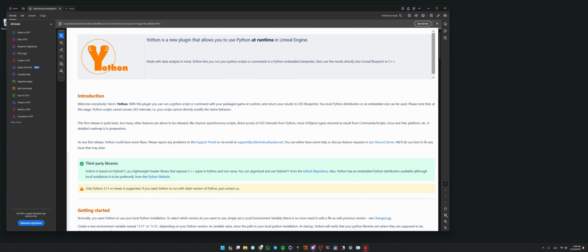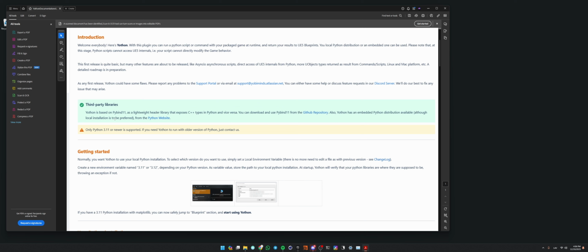So here is the documentation originally. What you should do is create an environment variable, either 3.11 or 3.12. I'm using 3.11 Python binding to the plugin on Windows. At first you need to have conda installed, so I have Miniconda,